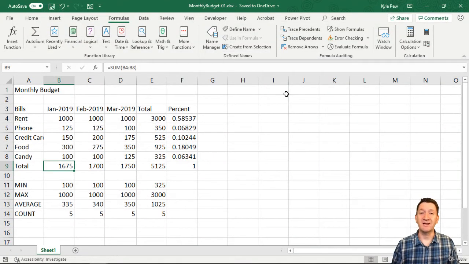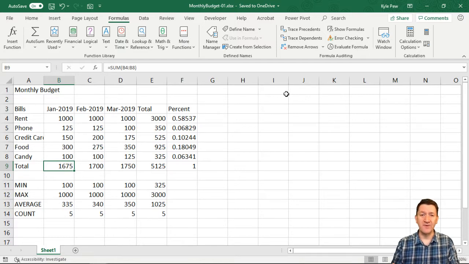At the beginning of this section, we started talking about functions in general, and then we got into the sum function. And I mentioned early on that we're going to start out by doing things the long way, right? First, we really started out by building a calculation that was like this cell plus this cell plus this cell and so on. And that was very time consuming and potentially full of errors if we accidentally missed a cell or included too many cells or mistyped something, right? So it was a very long and tedious process.